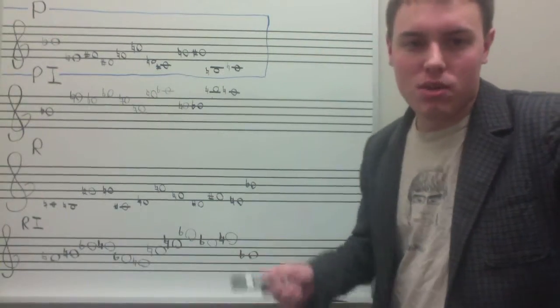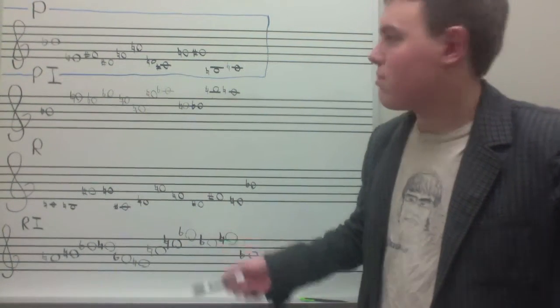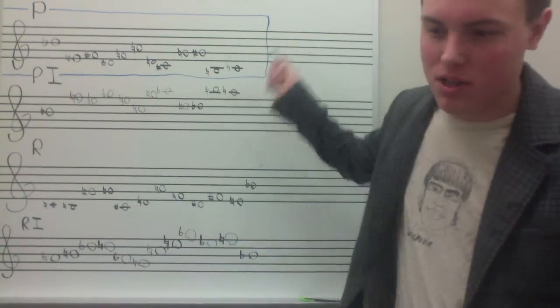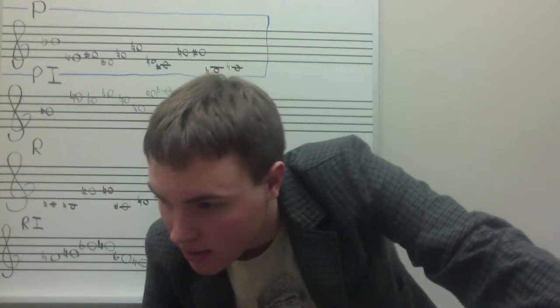Now, what Schoenberg would do is take his initial row, his prime row, like I have up here, which in this case is